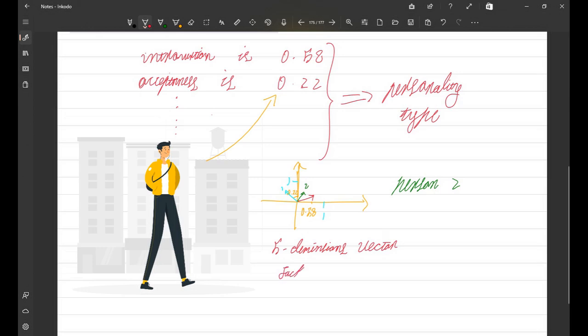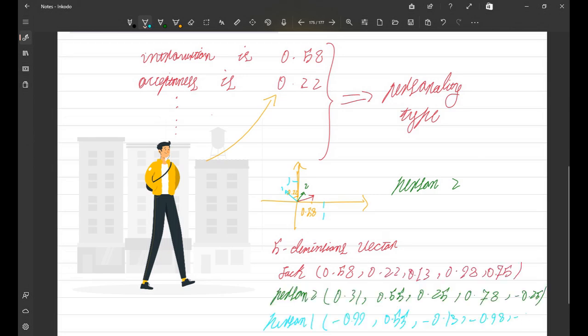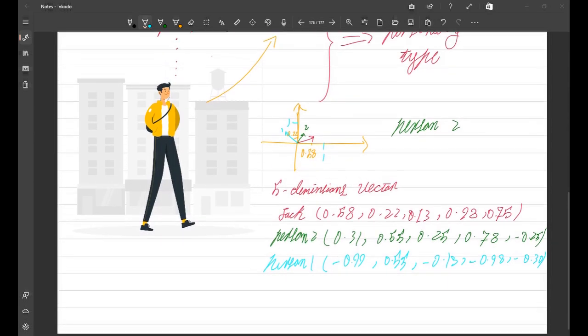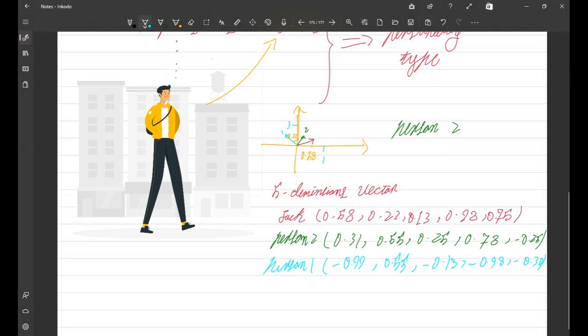Jack is, I don't know, 0.58, 0.22, minus 0.13. So if we calculate the cosine similarity between Jack and person 2, we have 0.62,